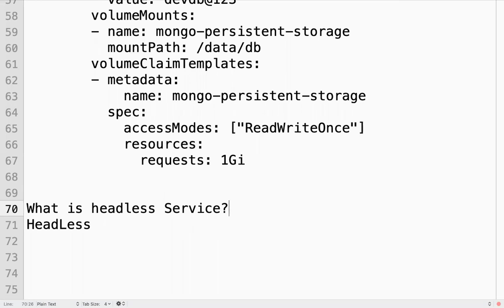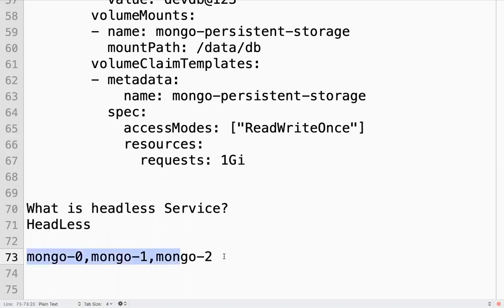So sometimes you may have a scenario, guys, something like this. Your application has to connect to your databases without load balancing, like Mongo 0, Mongo 1, Mongo 2, right?